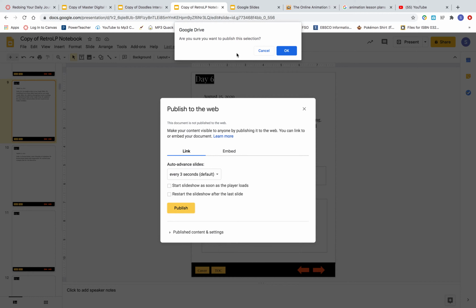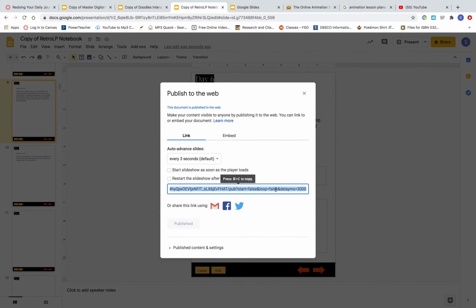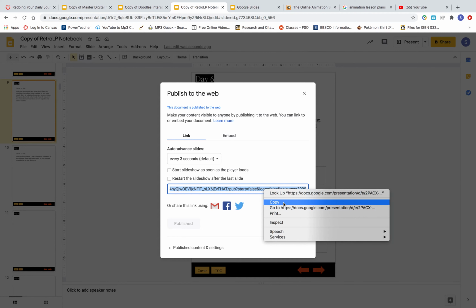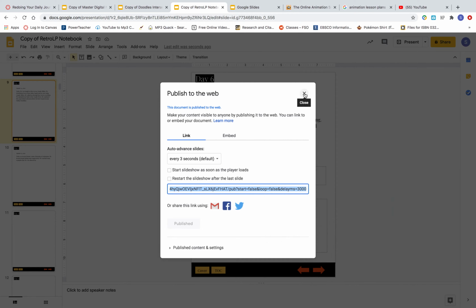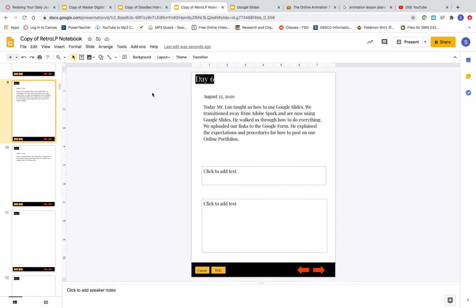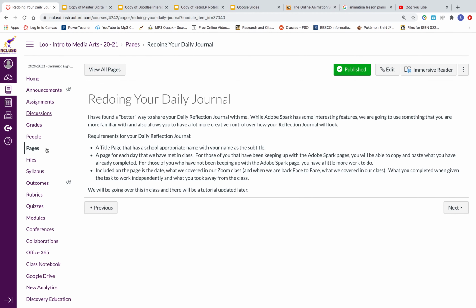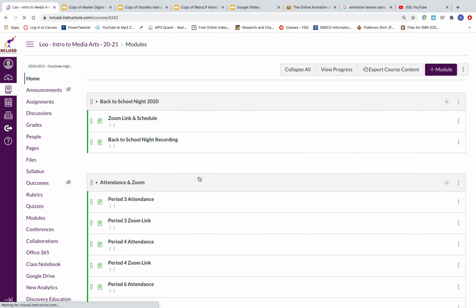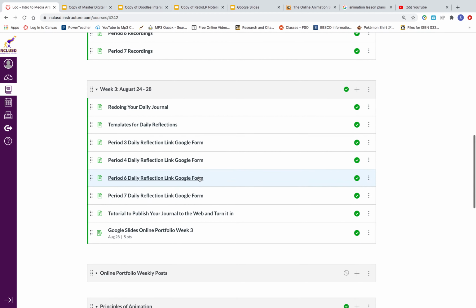And it's going to ask you, are you sure you want to publish? And that's okay. So click OK. And then it will generate this link for you. And I'm going to right click it and copy it and close it. And there's a specific place I want you to paste it, and that place is over here. If you go back to our class, you go back to week 3 module, look for your period number, period 7, daily reflection, Google form. So you click on that,